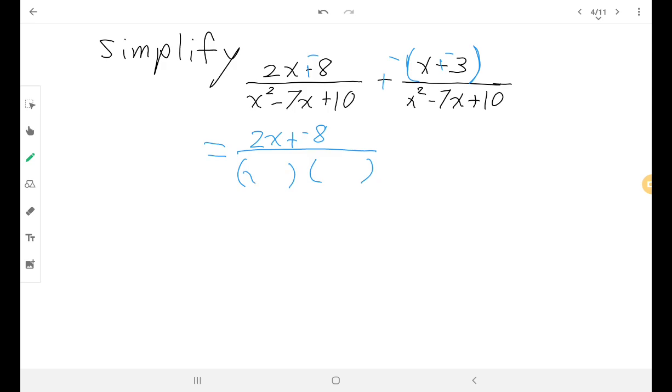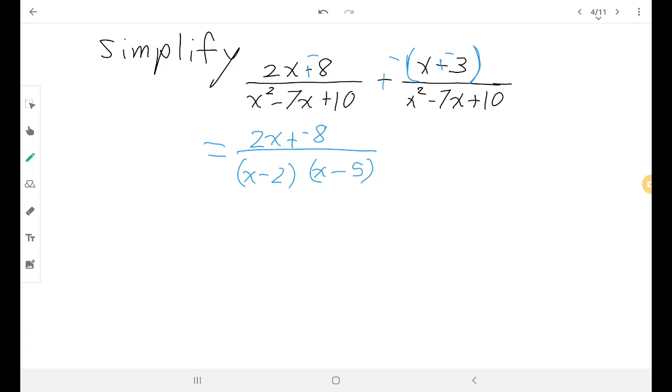I need the x squared, so that's x times x. If there is a plus right there, then both the operations are that, so minus and minus. And then I need two numbers that multiply to make this, and add to make that number. And those two numbers are 2 and 5. 2 times 5 is 10. 2 plus 5 is 7. So I need a 2 and a 5, and it doesn't matter where I put them because they're both x